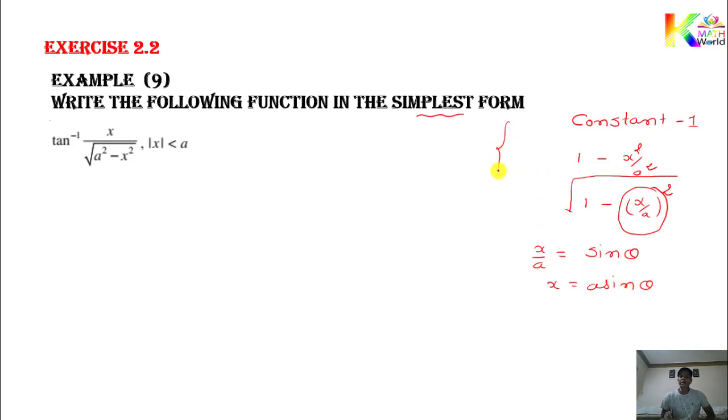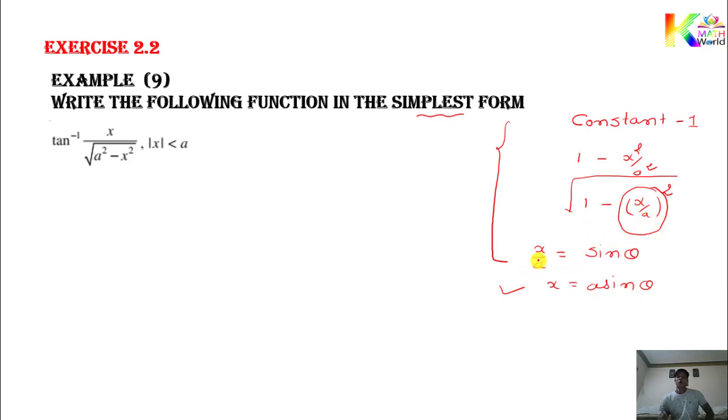This whole thing is for our understanding. Why do we consider this substitution? Hope you understood. So to set the formula, firstly make the constant 1, and after getting constant 1, think which formula you will be able to set. Focus on that only. When you divide by a square, you get a format like this, and you can see if you replace x by a as sin, then you got 1 minus sin square. If you replace x by a as cos, then also you get a formula.